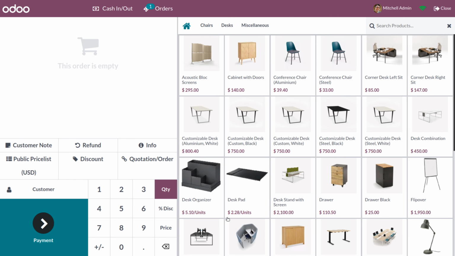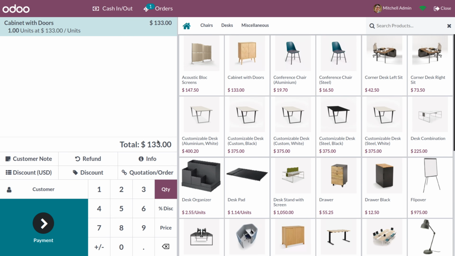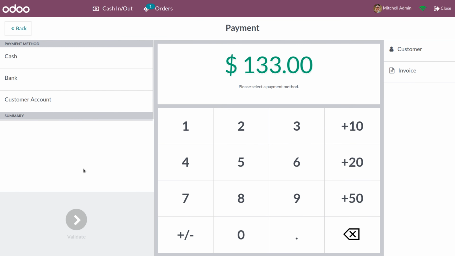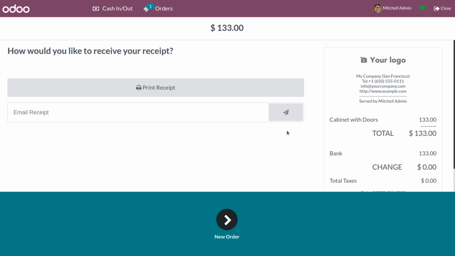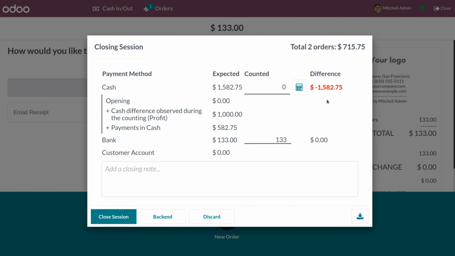Now let's go back to the new orders and you can choose the product cabinet with doors, and we have applied 5% discount in the discount price list. So you can choose the price list so that you can see we have applied a 5% discount for a particular product as we have set a seasonal pricing for the product. So let's make the payment for the product. So this is how Odoo POS manages the discounts. So let me close the session and